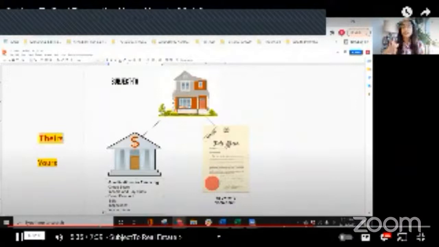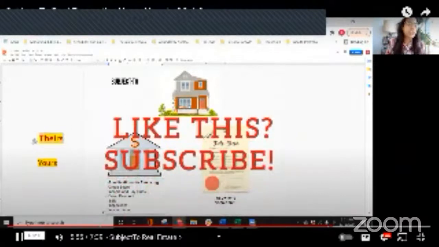Okay, so this deed can be transferred as many times as it wants. I can sell it. When I sell it to you and it goes into your name, you can sell it. And then when it goes in that person's name, they can sell it. This deed is just saying who has ownership of the property, who has ownership of the house. The bank is just saying who is responsible for paying us back for giving you the money to buy the house. I hope I explained that well. I feel like I did though.